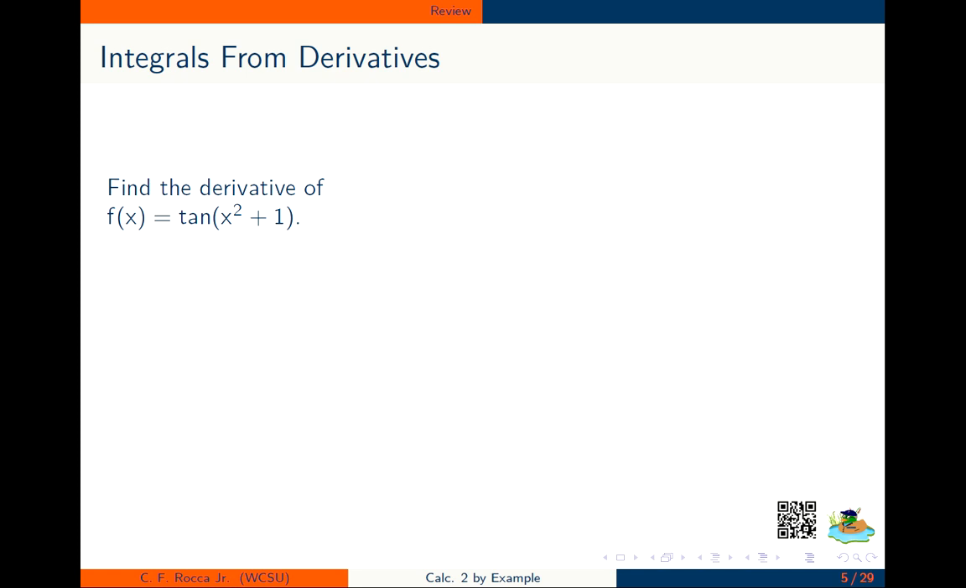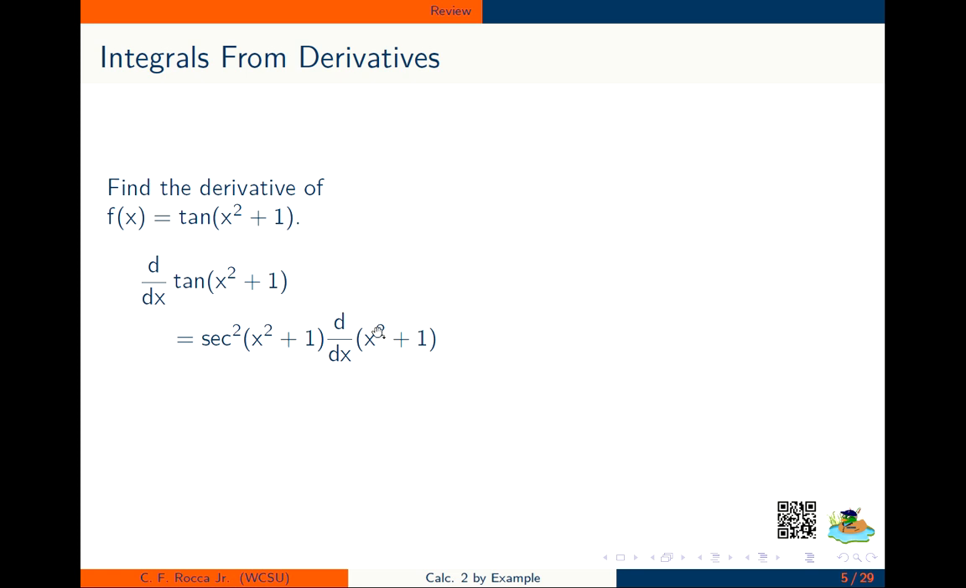Since we have an inside function, x squared plus 1, and an outside function, tangent, we need to use the chain rule. So let's take the derivative. The derivative of tangent is secant squared. And so we have secant squared of x squared plus 1 because for the chain rule, you take the derivative of the outside function with the inside function remaining the same, but then you multiply that by the derivative of